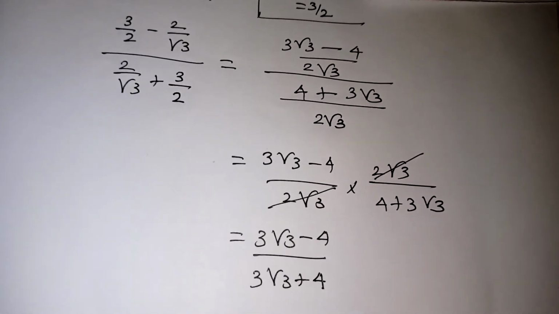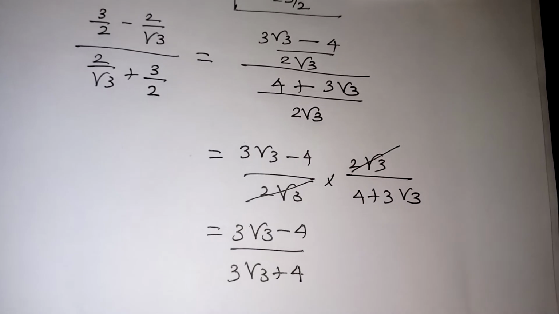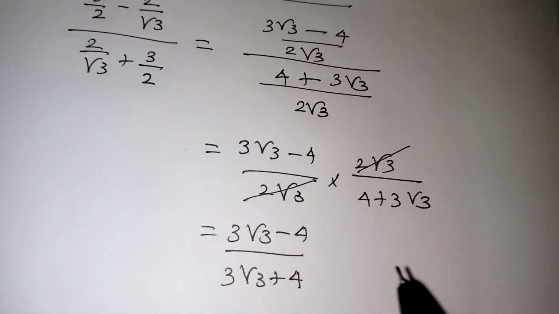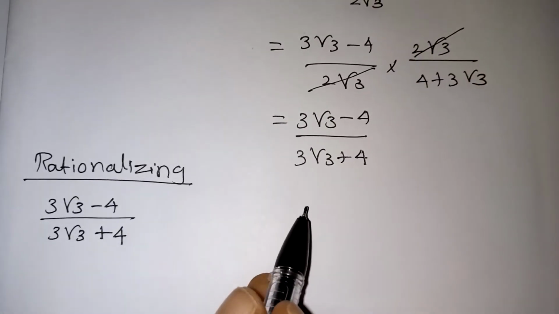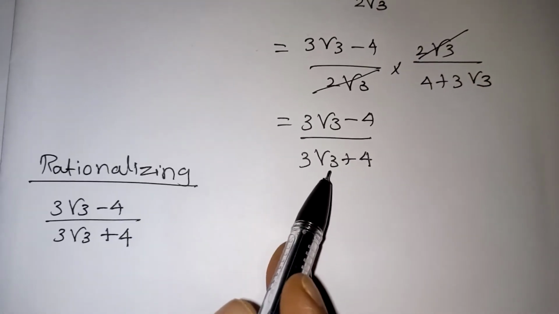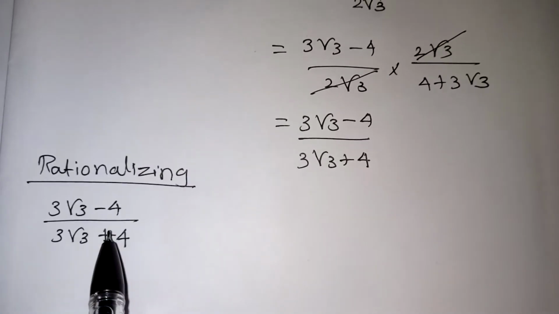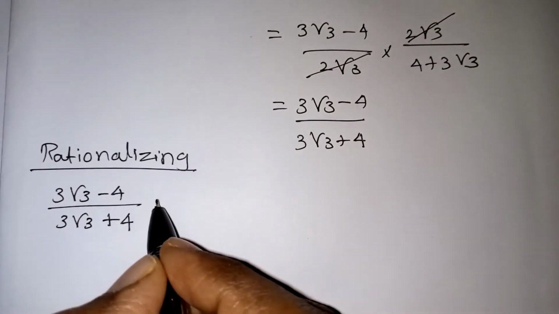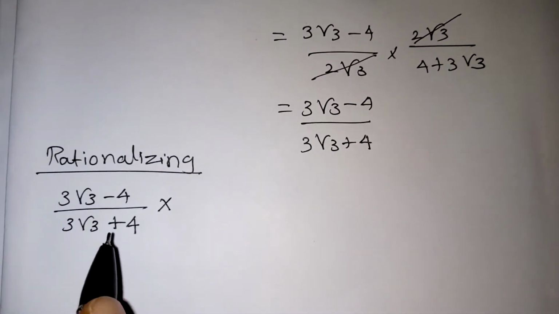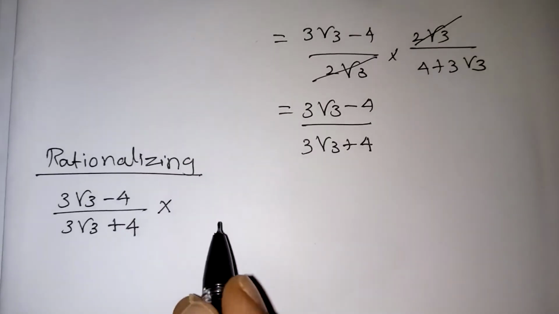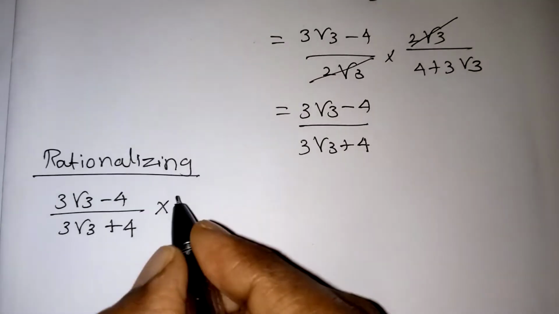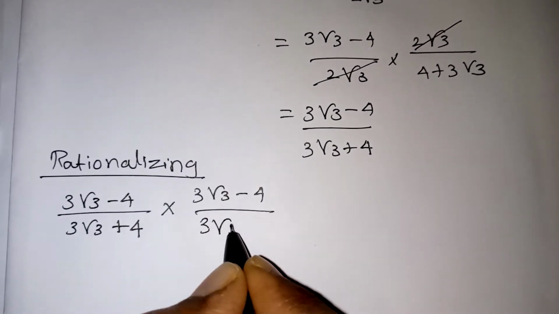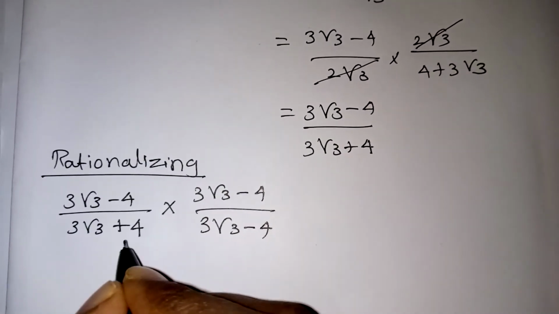So since the denominator having the root number, we are going for rationalization. Rationalization is very simple. Here we can't leave the problem as it is because denominator having some root value. Let us go for rationalizing. You just take the question as it is now. Multiply by denominator, the term is given in plus sign. We have to multiply and divide by the minus sign. 3 root 3 plus 4 means we have to multiply and divide by 3 root 3 minus 4. So why we are doing like this means then only the root of the denominator will get cancelled.